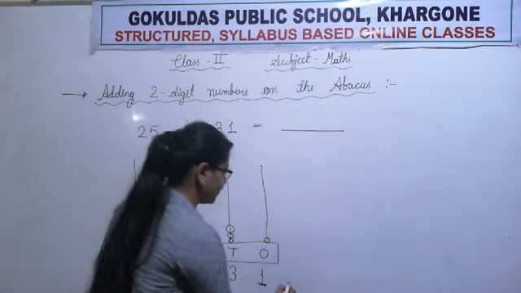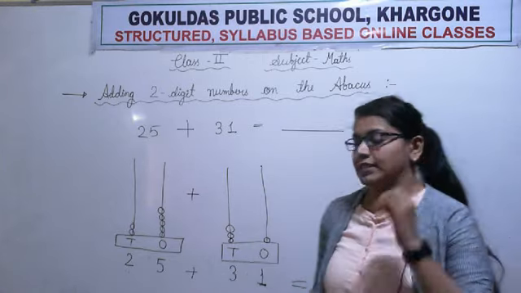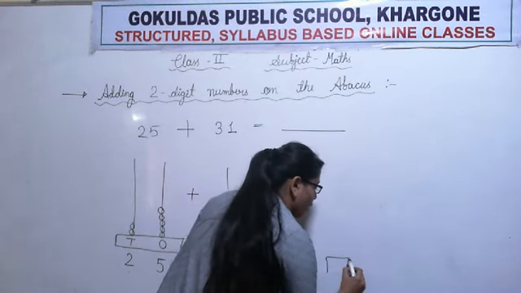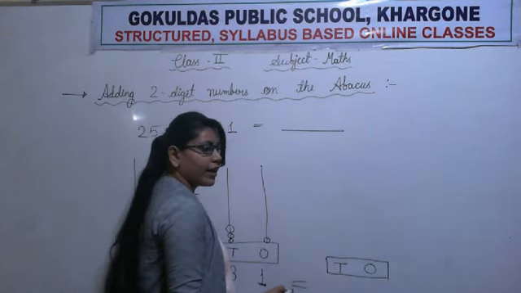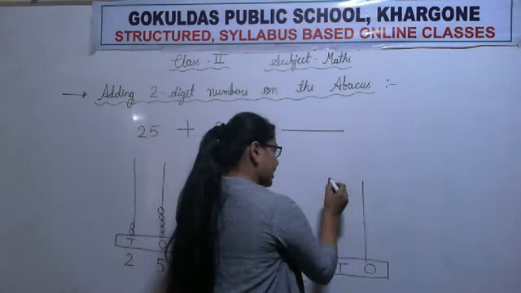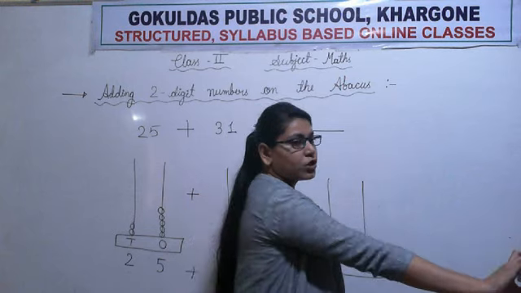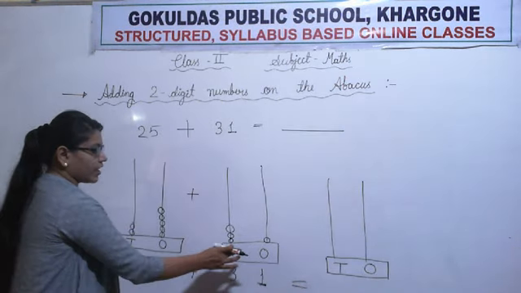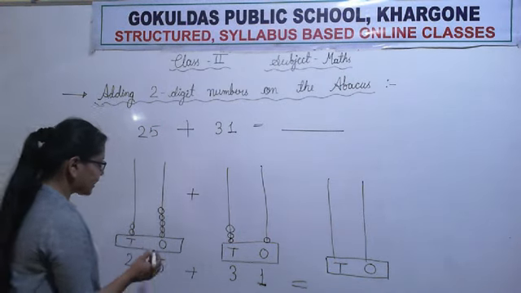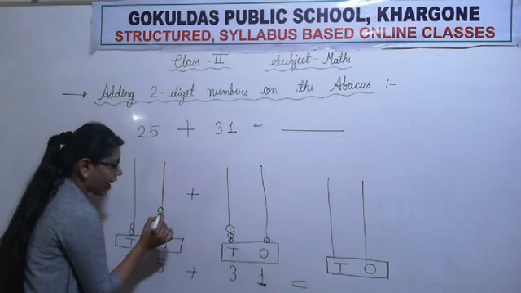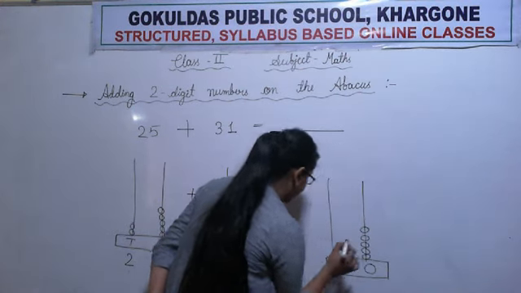Now for the answer also, we don't know what our answer will be, but first of all we will make an abacus for it. We will mark the tens and ones positions. We will draw the ones and tens spike also. Now we always start addition with the rightmost position, and the rightmost position is ones. So we will add ones and ones. Let's count how many beads there are. 1, 2, 3, 4 and 5. So first of all I will draw 5 beads and then 1.